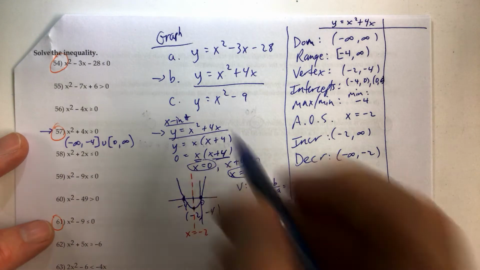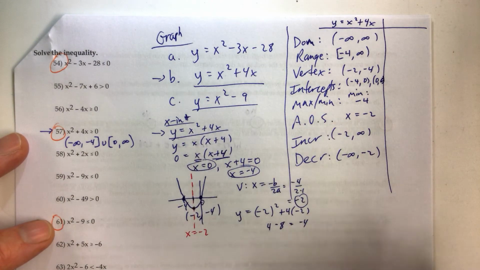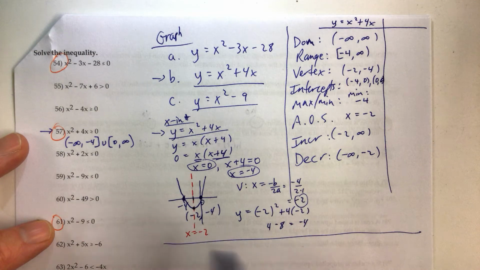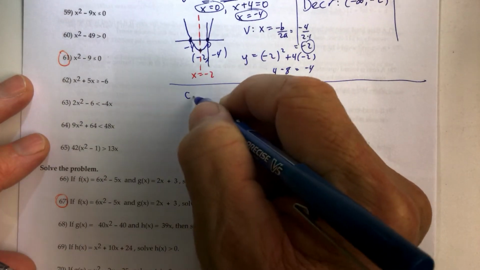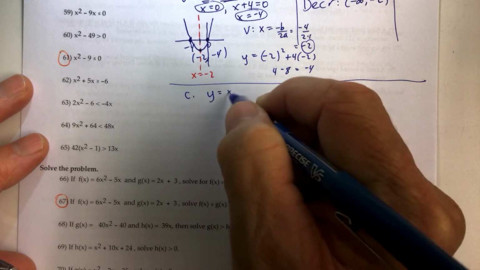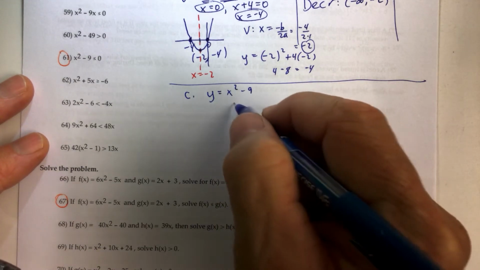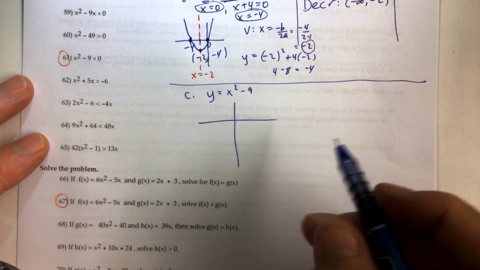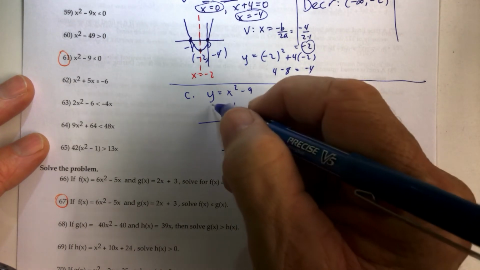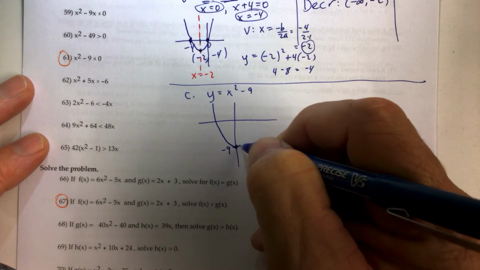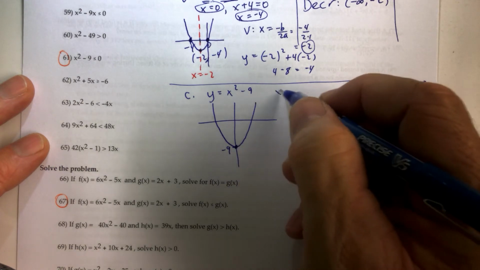All right, so part C, problem C here, we're going to be graphing. Let's use this space down here. So problem C, we're going to be graphing y equals x squared minus 9. Well, we should know what that graph looks like. That's just a transformation. We have a y-intercept of negative 9, and to find the x-intercepts, if